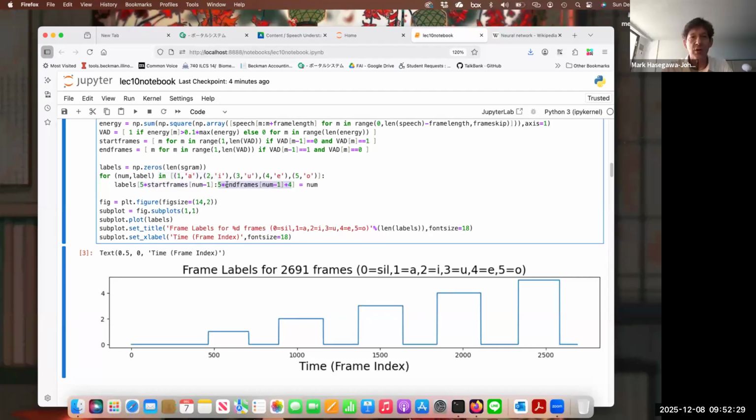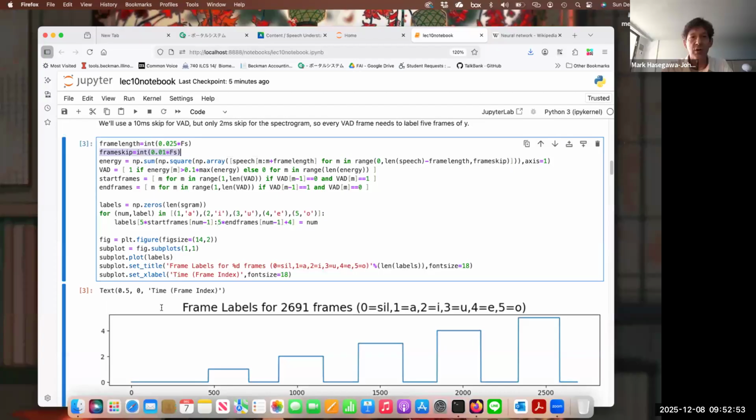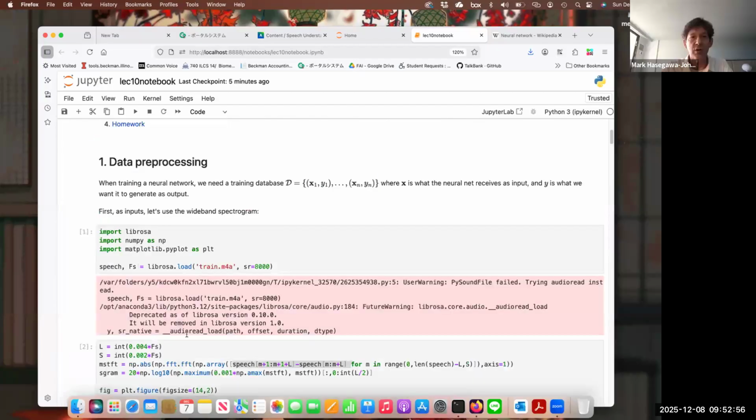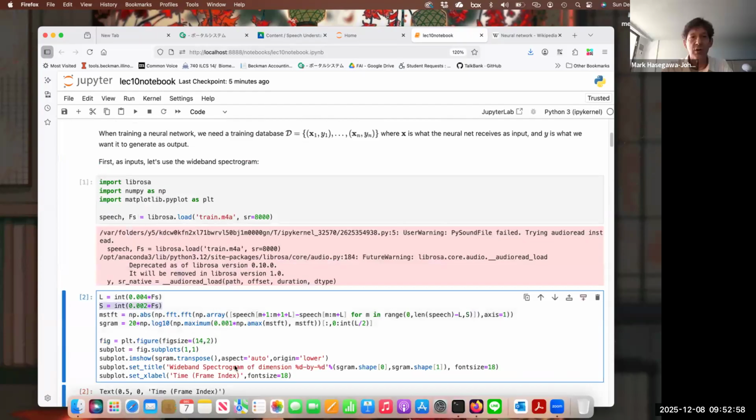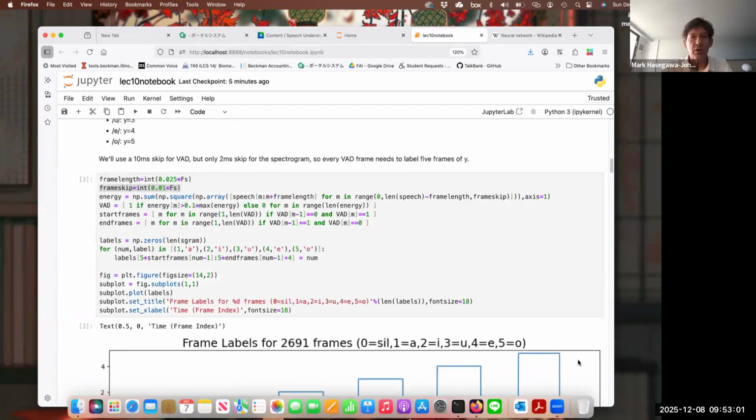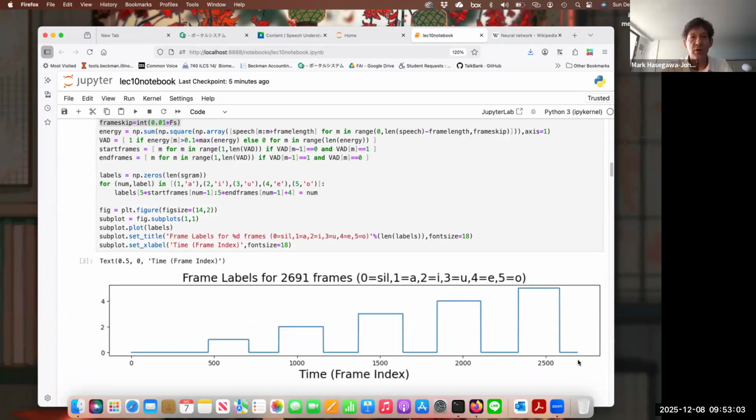Start frames of 1 to end frames of 1 will be given the label 2, and so on up to the label 5. In this way, I create labels for every frame. And notice that I'm taking 5 times the start frames and 5 times the end frames. This allows me to map from the VAD, which has a frame skip of 10 milliseconds, back to the spectrogram, which has a frame skip of 2 milliseconds. So by upsampling by a factor of 5, I get a total of 2,691 frames, exactly equal to the length